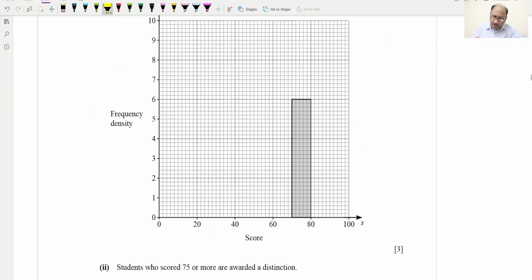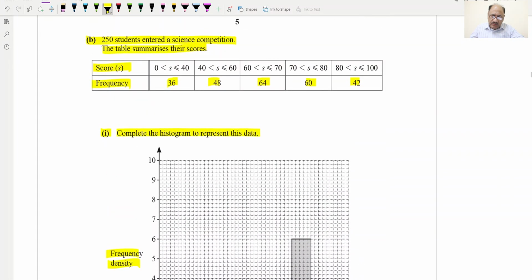So they have given details for this one, 70 to 80 is provided. Height is 6, so this side is frequency density, and the x-axis is score,